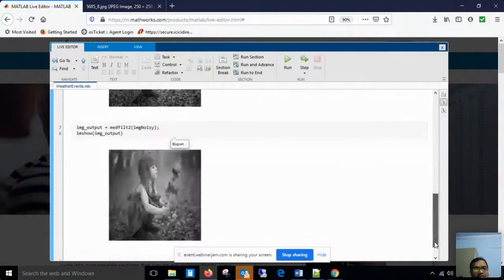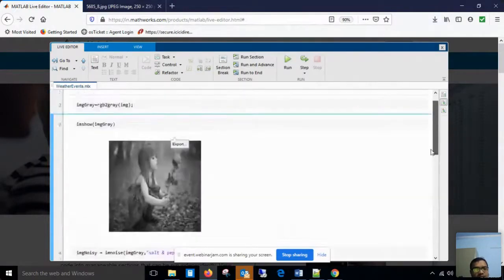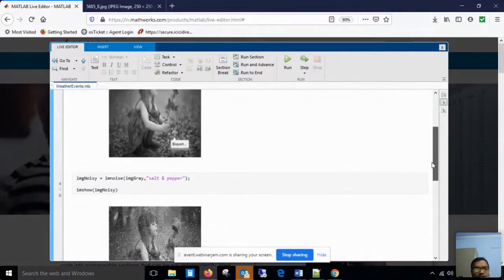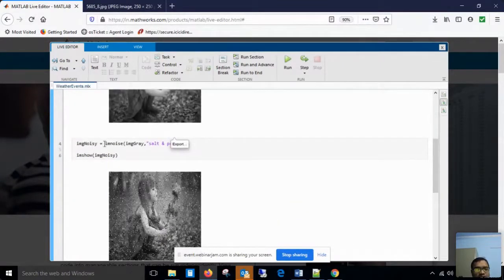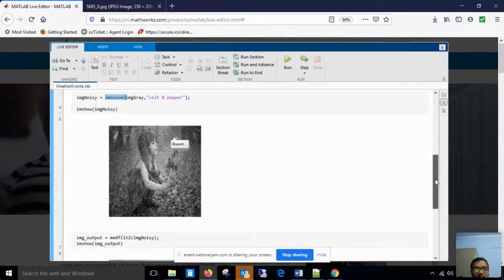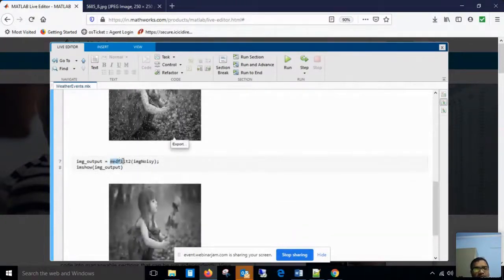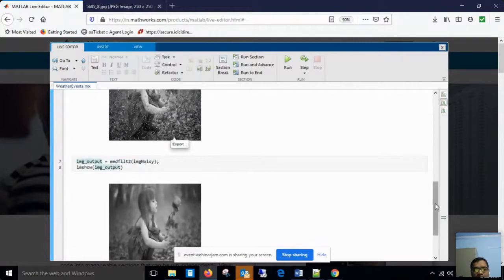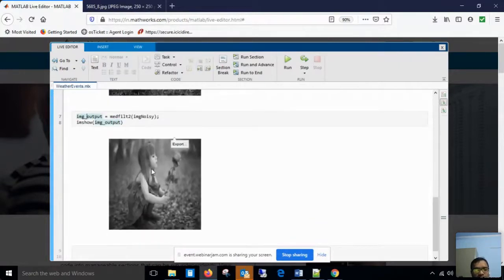So just show the output, what happens. Right? So this is the output. Let us go through it again step by step. This was the original image. Then we introduced salt and pepper noise in the original image using the imnoise function. Then we applied the median filter using medfilt2 on the noisy image, and the output image was shown. So this is the output through which the complete salt and pepper noise has been removed.